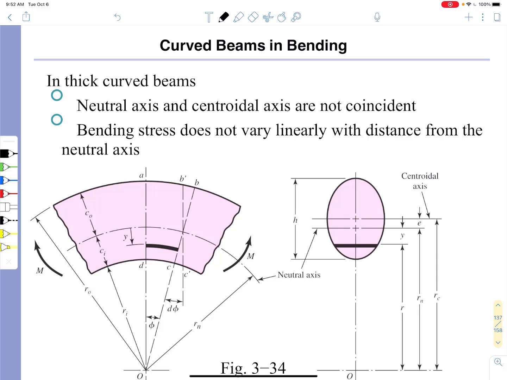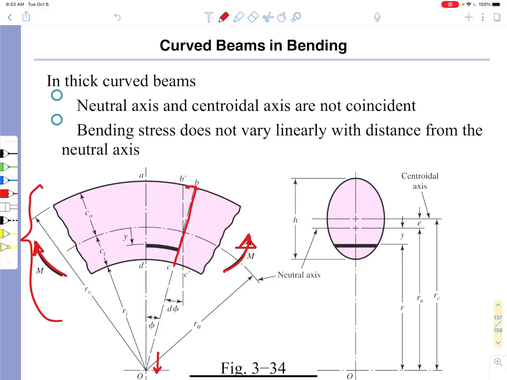It's important to note that the stresses in curved beams are different than the stresses in a standard beam that we're used to calculating. The first most important thing is the sign of the moments that we are applying. So if we have a curved beam as shown here, and we apply a moment to that beam, a positive moment is one that decreases the curvature of the beam. So a section that was here is going to rotate, and that's going to drive the center of curvature further